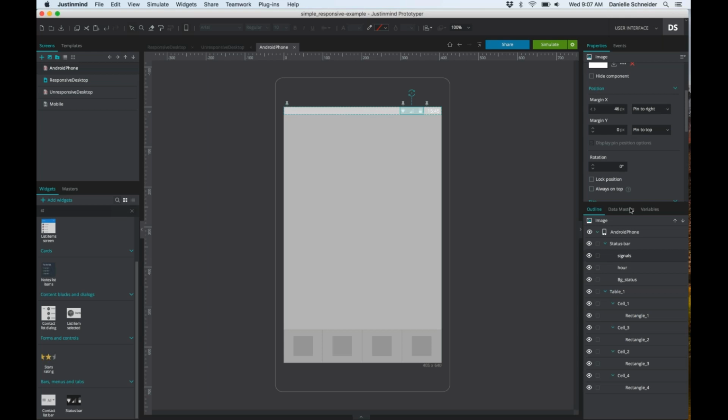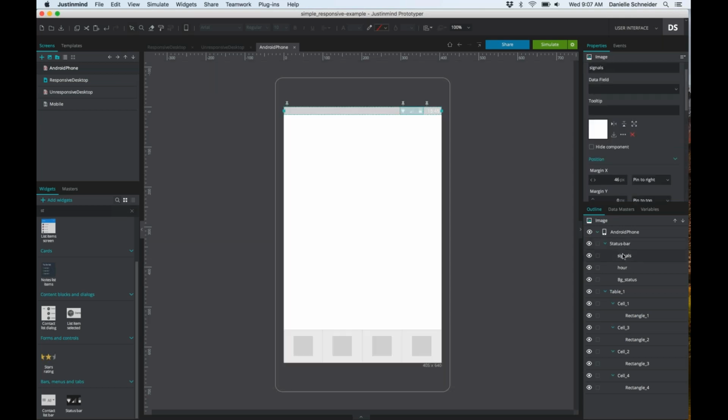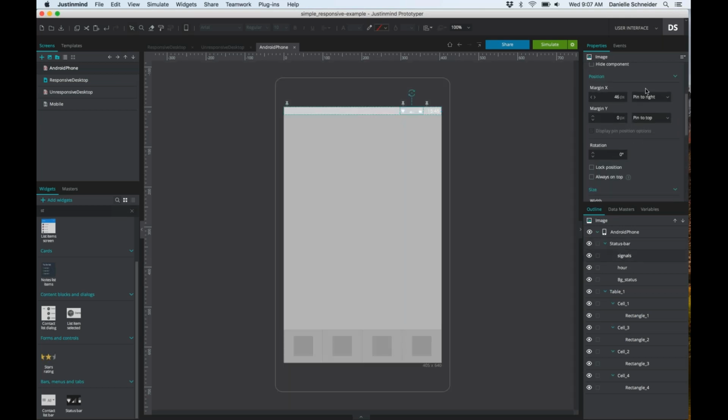This Signals icon is using the Pin to Right option under the X parameter here, and it's created a margin so that it's not all the way to the right. And this entire thing is pinned to the top so that it will stay up there on the screen as you scroll, if there was a scrolling aspect to this